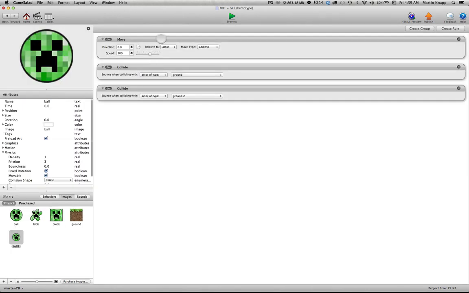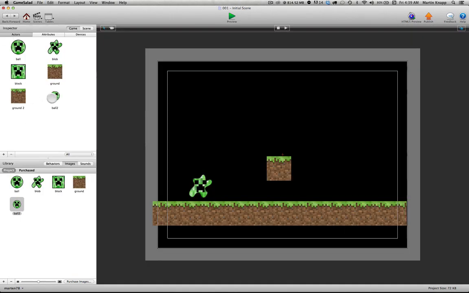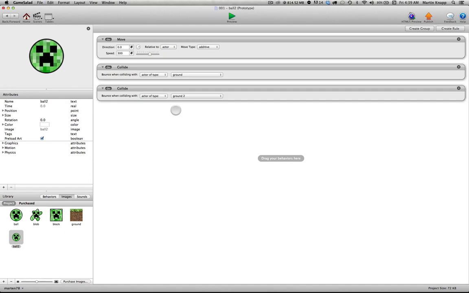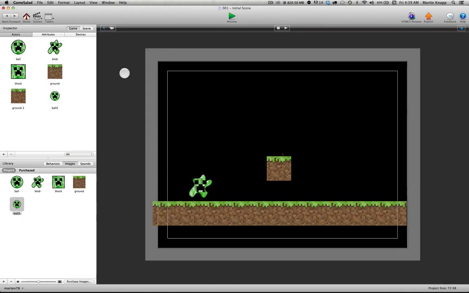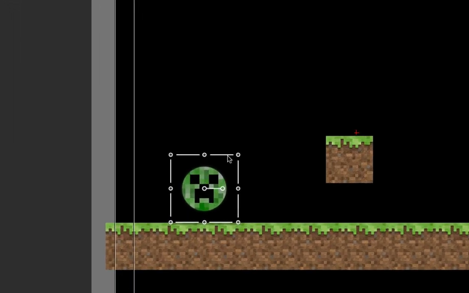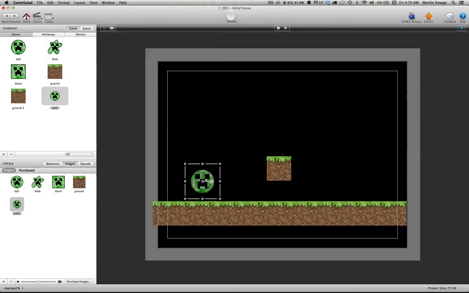And I'm just going to grab all of these attributes. So I'm just going to hold the Shift key from our ball, and I'm going to Command C to copy that. And then I'll go into ball 2 and then Command V to paste that. Just a quick way of copying and pasting attributes. Careful, sometimes that can actually create bugs, but I'm just being lazy for this video so I can speed things along for you. If I were to drag ball 2 into my scene now, it looks just like ball 1, but notice that the bounding box for ball 2 is so much larger. So if I were to hit preview now,